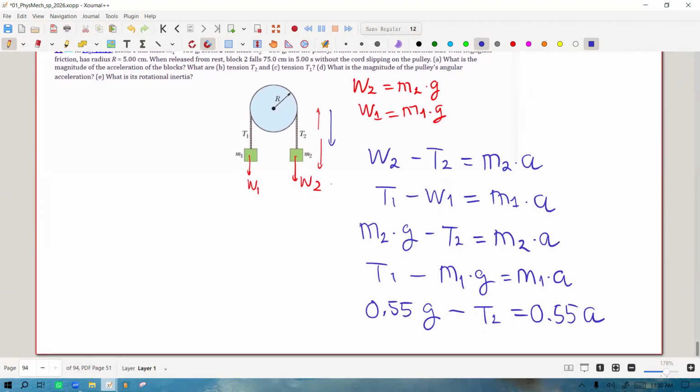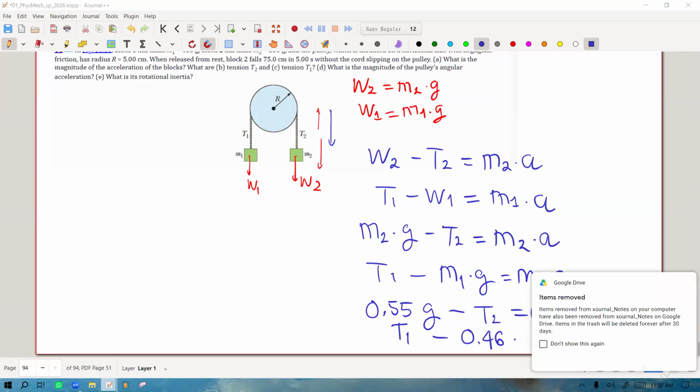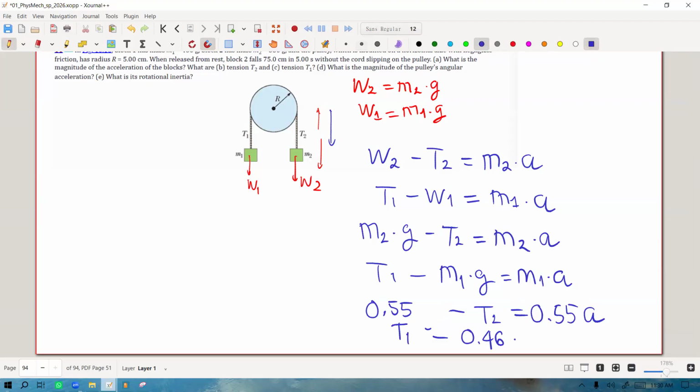So here T1 minus 0.46 times G, and you know G is usually 9.8. So here times 9.8, equals 0.46 times A. And after we got these equations, we know that for the cylinder,